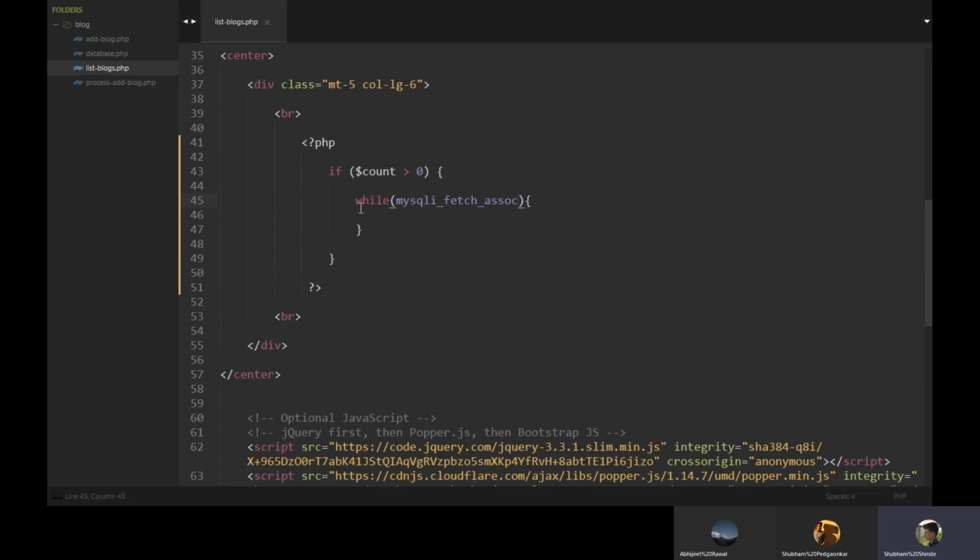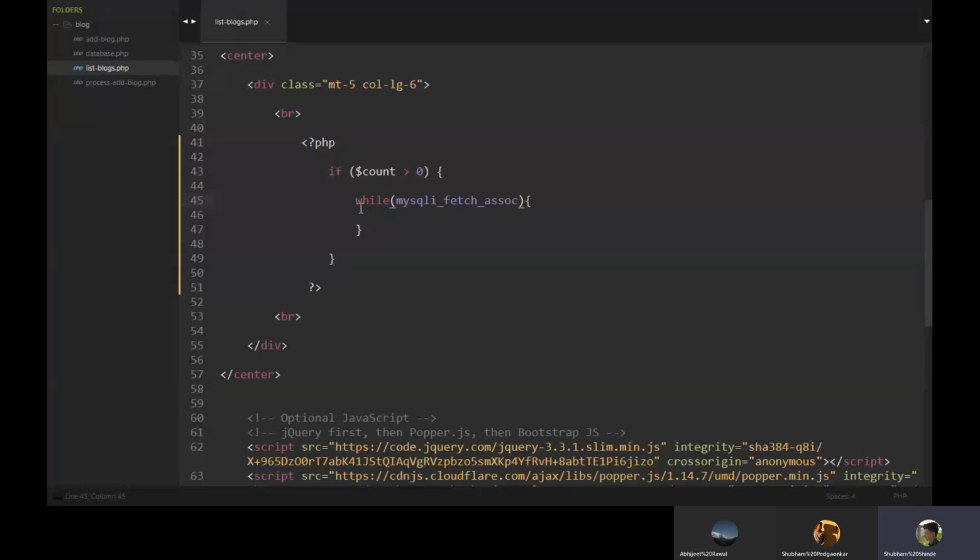If we use it outside this while, it will get only the first record from the database and stop its process. So we define it in the while for looping it multiple times.